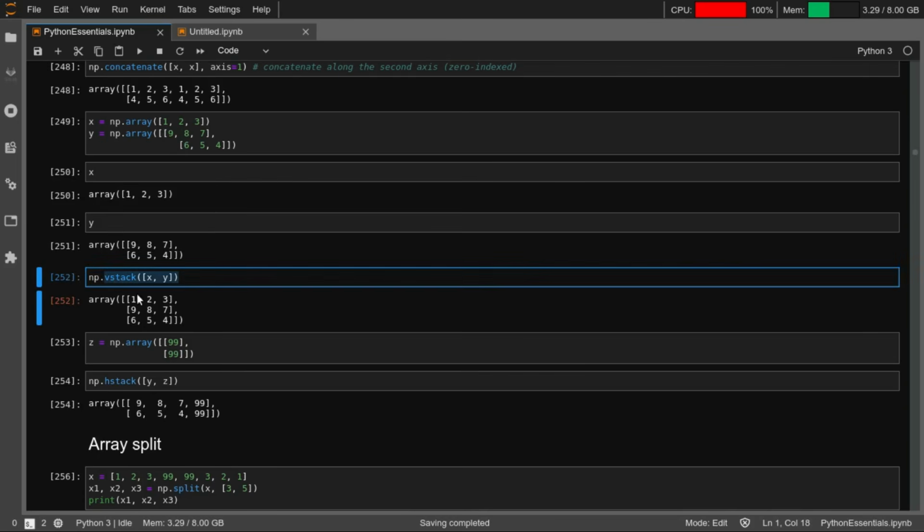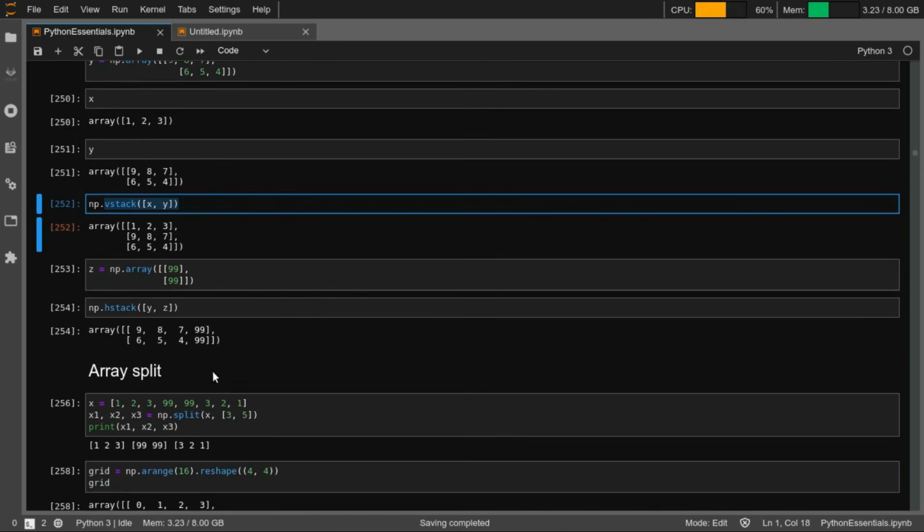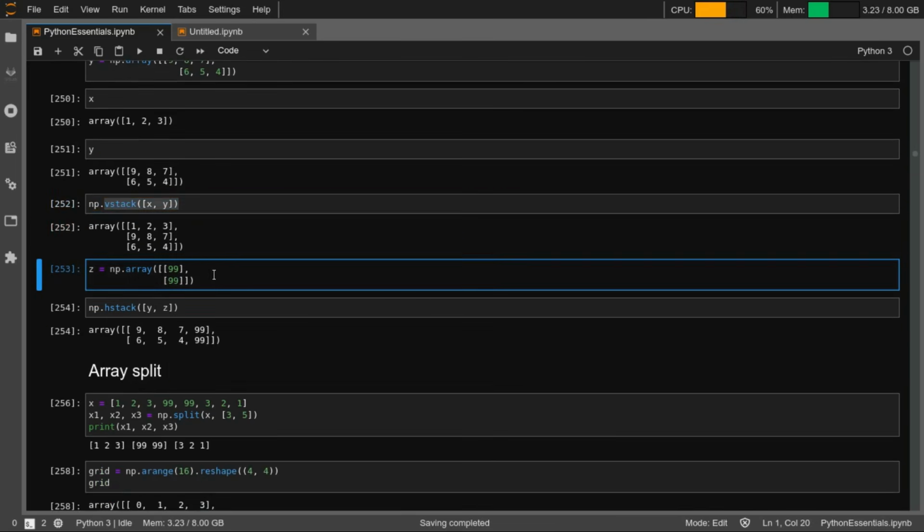right? Mind you, when you're using this vstack or hstack, you have to be careful about the dimensions, right? So if I'm stacking x over or below y, that particular dimension of x, the vertical dimension, the dimension 0, has to match. Similarly, you can do vertical stacking in the matrix y. You can say that you have a 2 by 3 matrix. So if you want to add a 4th column, you can add that by using hstack, right? So I am defining another column here, 99 99, and I can stack that by using this hstack function, right?